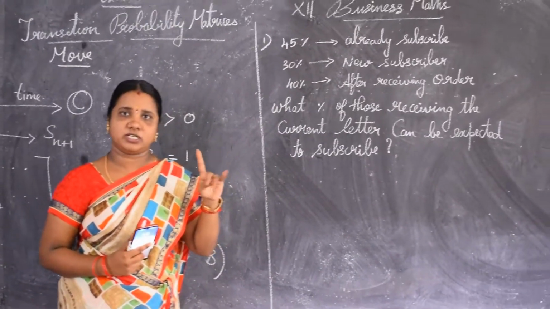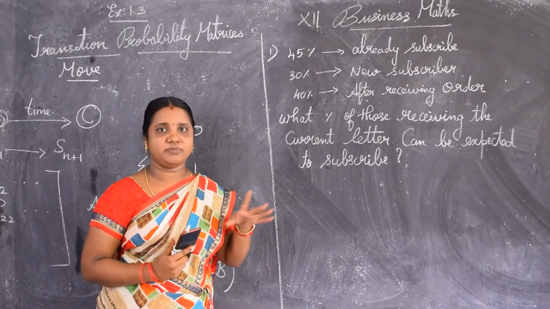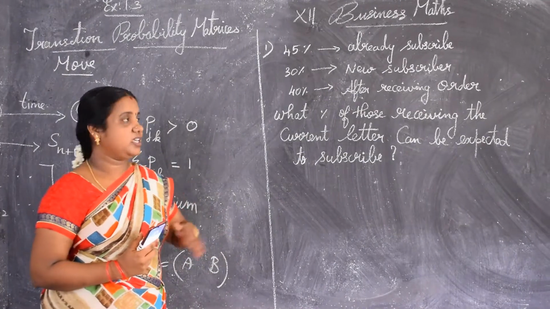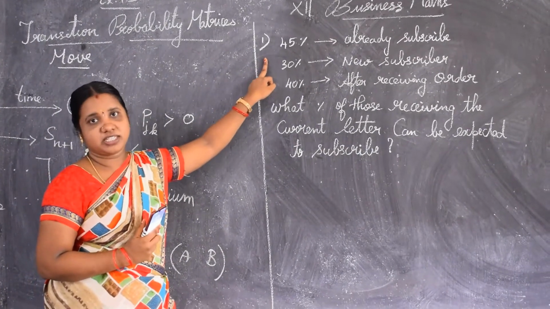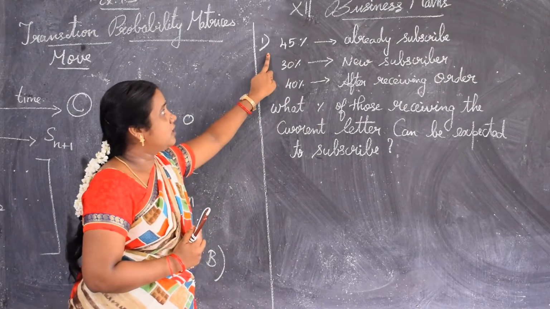Next, in this exercise I am going to take the first problem for you. Totally 4 problems are there. Now I am going to do the first 3 problems. The fourth sum you have to do as homework. The questions are given in the book itself. I wrote our outline.